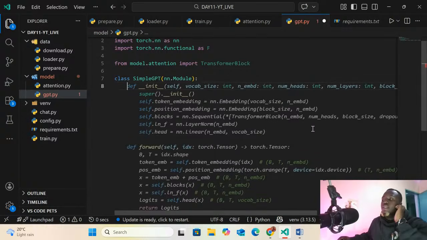So right here is where we are going to write every logic that is going to create the GPT, the wrapper, basically the wrapper.